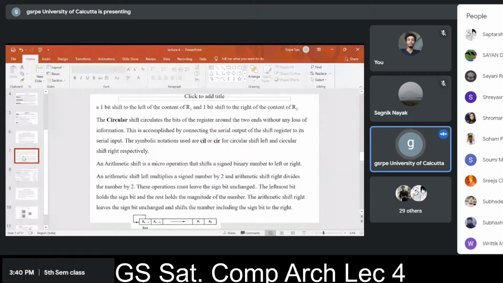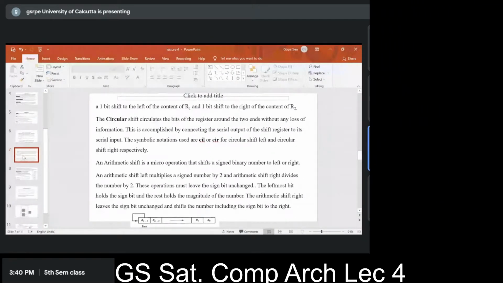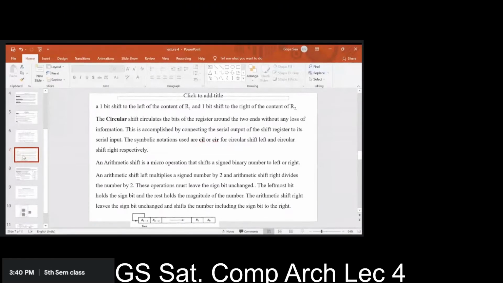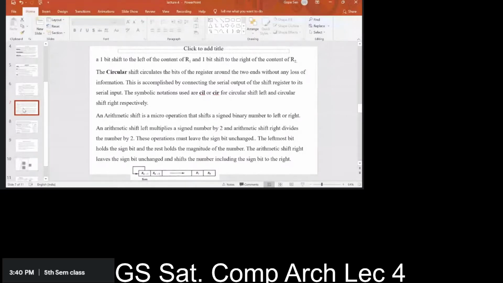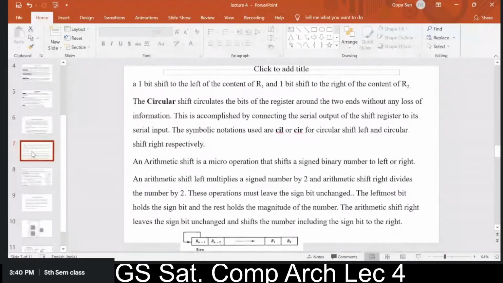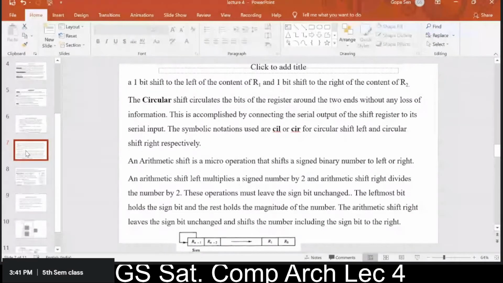Now here we have assumed that all the registers can hold only zeros and ones, so any decimal number which we want to use will be represented in the binary form, and the registers will contain the binary values of those data. Our system will be a digital system, not only digital, it will be a binary system, so all the data will be represented in the form of binary values, that is a combination of zeros and ones.